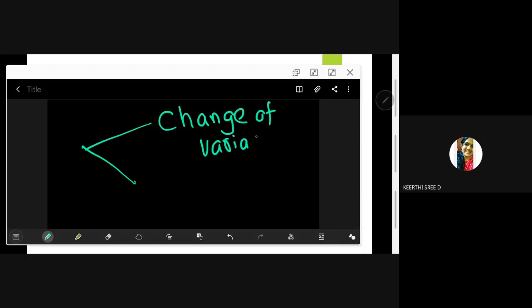The two techniques are, one is called the change of variable technique, and the other is called by parts. They are the only two techniques that are available to evaluate a single integral, that is, where the integrand involves only one variable. We deal with multiple integrals later, because vector calculus will come during our future discussions, and there you need to talk about multiple integrals. So for now we have only two techniques.